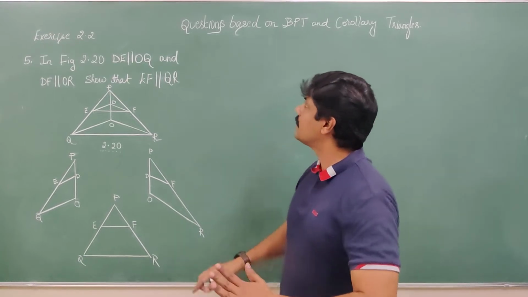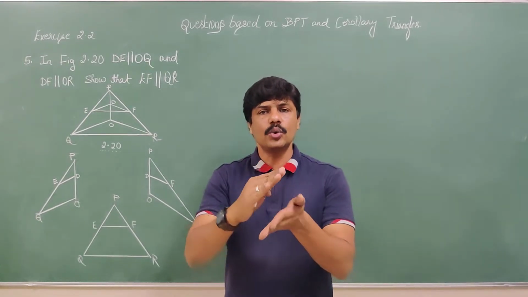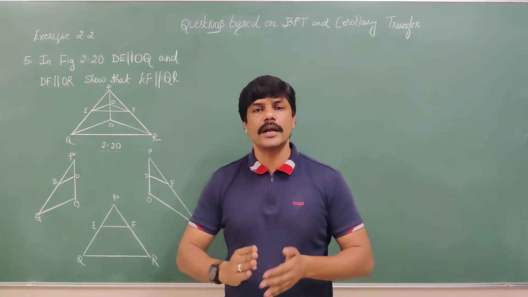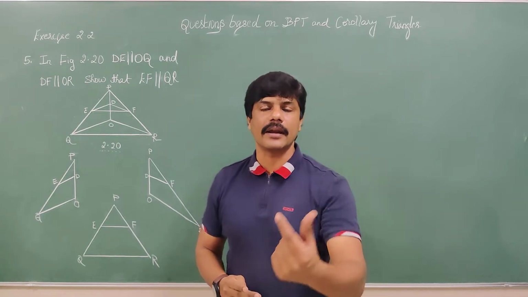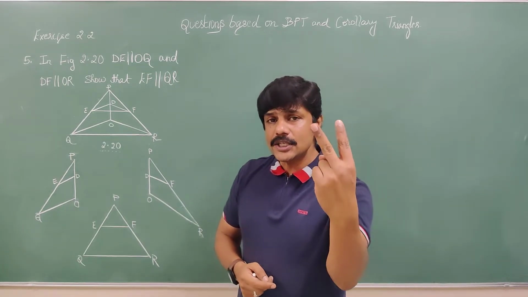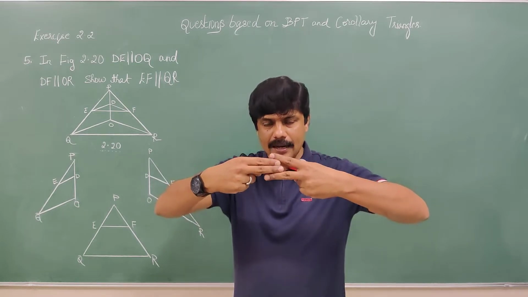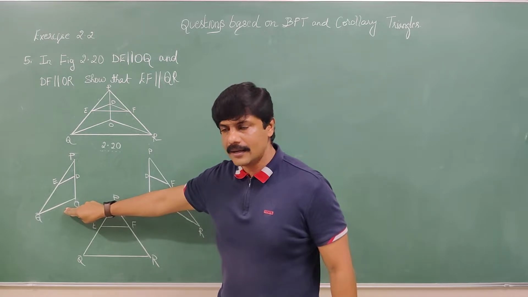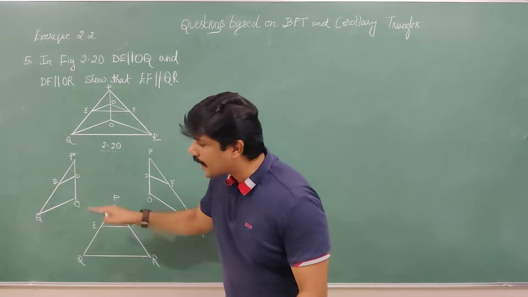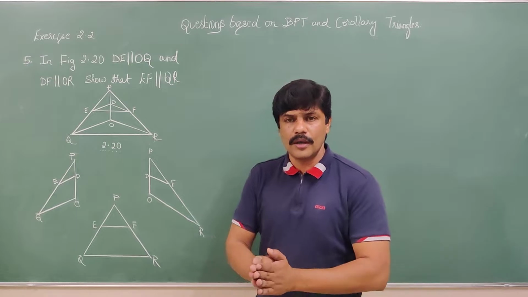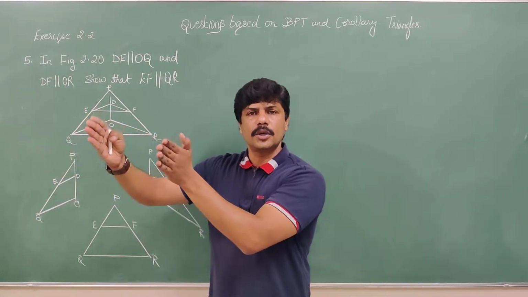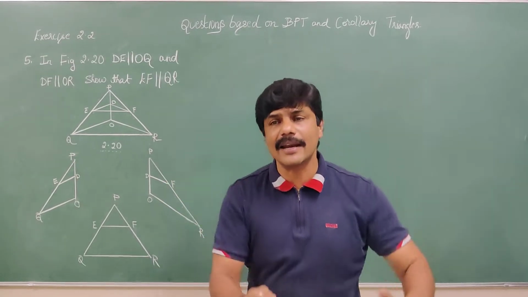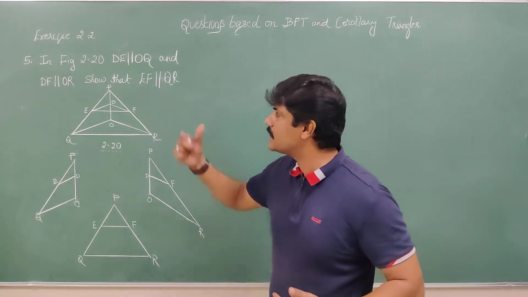It's very easy. See, if two lines are parallel, then apply BPT, the basic proportional theorem, so that you get two sides divided in the equal ratio. If a line drawn parallel to a side of a triangle, then it divides the other two sides in the equal ratio. And if it divides two sides in the equal ratio, then it is parallel. Only condition. With this condition, we are going to put this.